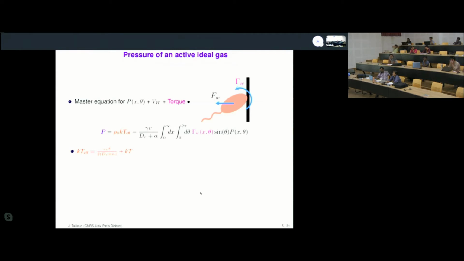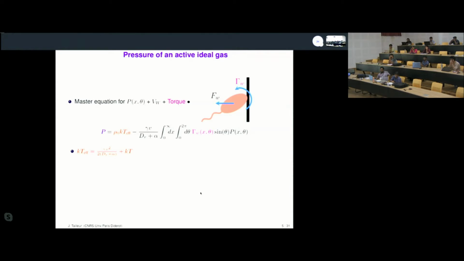Again, you see that kT_f is defined below. Gamma is the damping felt by the particles. V, their self-propulsion speed. D_r, the rotational diffusivity. Alpha, the tumbling rate. kT would be the translational diffusivity divided by your mobility, if there is translational diffusion. And so you see that all these numbers can be measured in the bulk, and do not depend on the confining potential. And so in a way, this would generalize a kind of equation of state for the pressure. Now, if you look at the second term, which enters the pressure,